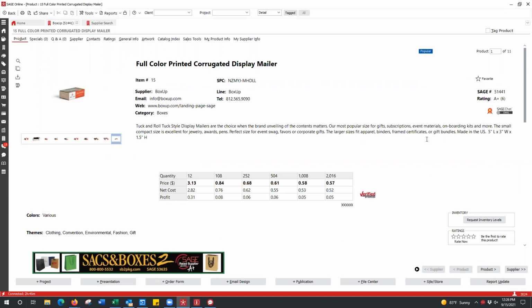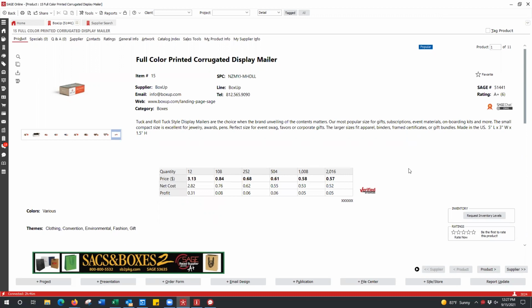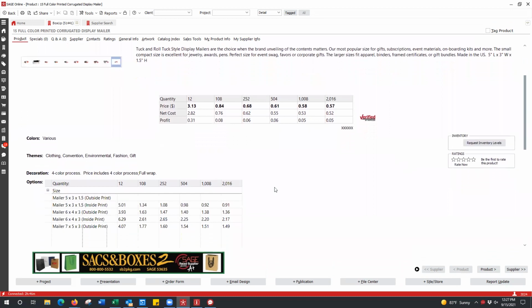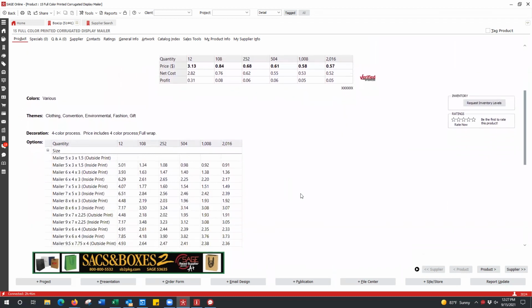Yeah, that's fine. I just feel like it looks really cluttered, you know what I mean? Within the display mailer category, there are 9 different sizes, and within each size we have to input 2 different price matrices, because you have the ability to choose outside print only versus inside. So when you hit that drop down, there's just a lot of information in that square. Let me think on that some more.